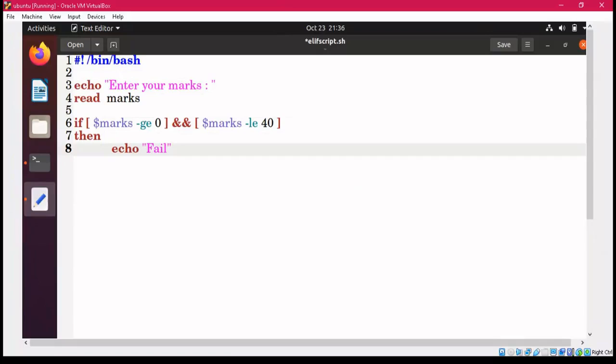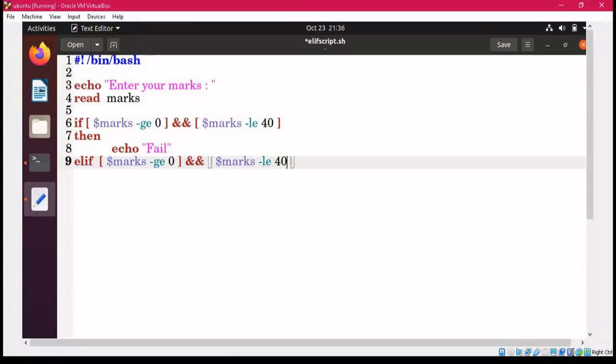If you are getting marks between 0 to 40, you are fail. Then you use elif. In elif again you are going to put the condition. So I'm copying this and then just paste it here. In elif you are again using marks greater than equal to, so up to 40 it will be failed, so greater than equal to 41,